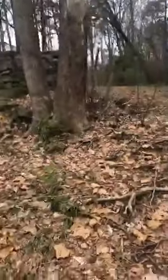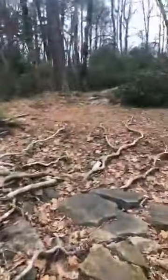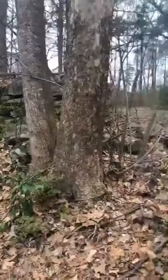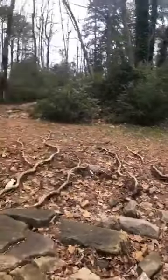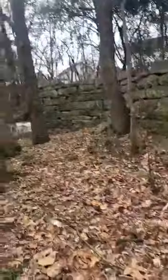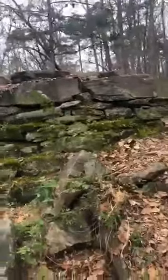So, this whole place has tons of these giant stones, which the mill is built out of. And as you can see, if this is the dam, which is what we're thinking, it goes along for like 30 feet, and then there's a divot of nothing, and then it goes back up and is an earthen dam on the other side. So I want to show you this close up, and then I kind of want to climb on it and show you guys from above. I want to make sure you guys get a good view. And I do need to get pictures too, so